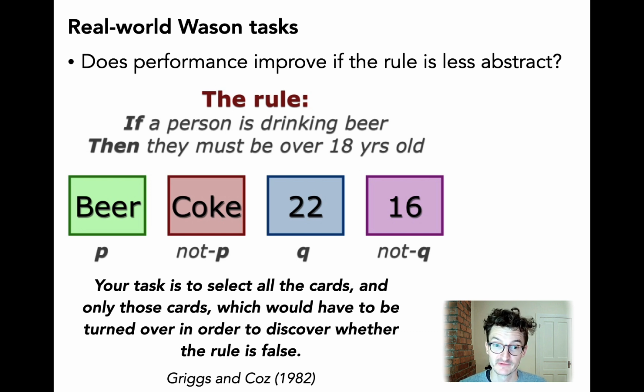So obviously flipping over beer, right? If you find that on the other side of that, the age is under 18, you falsify the rule. Flipping over 16, not Q, could potentially also falsify the rule, right? So not Q means that P must also be false. So if we flip over 16 and we find beer, we falsify the rule. And what we actually find here